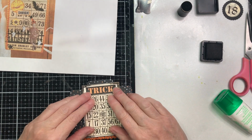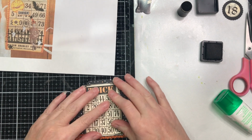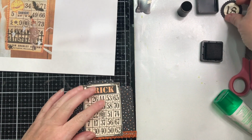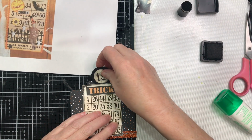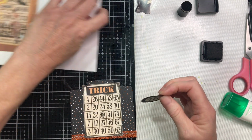Okay? And now, is that going to cause a problem with our number? Probably just a little bit. Now, I've got it on crooked. There we go. But we can still put that on there. And I think what I'm going to do, before that has a chance to sit, is I'm going to...